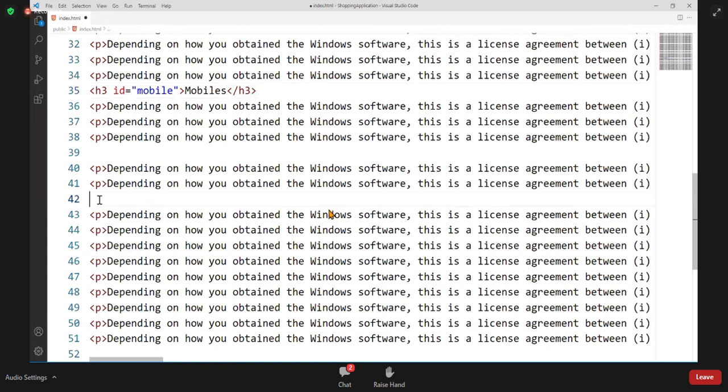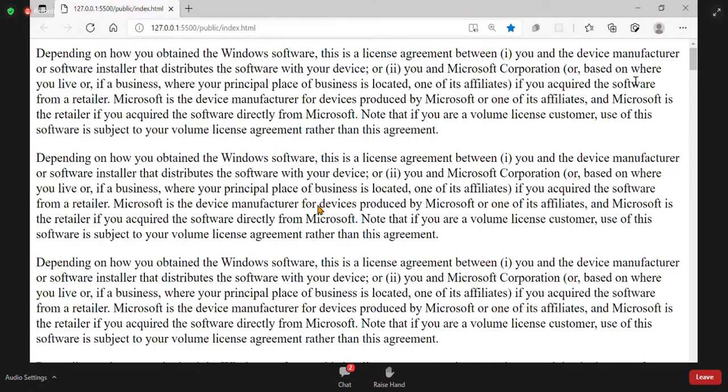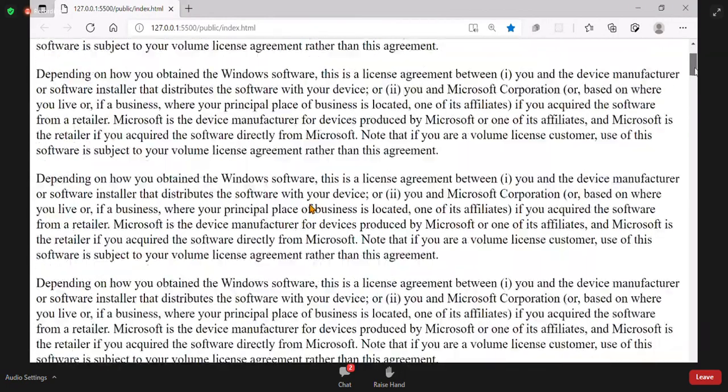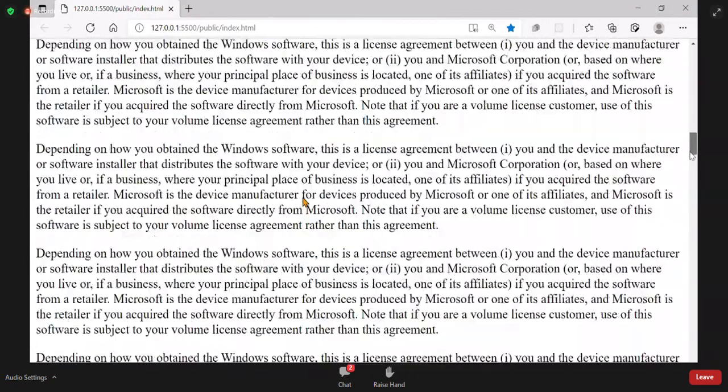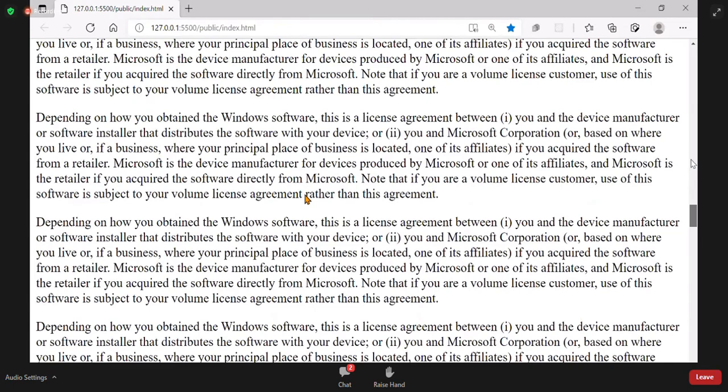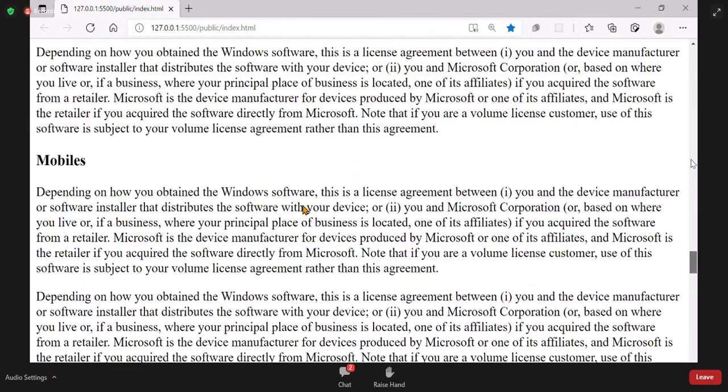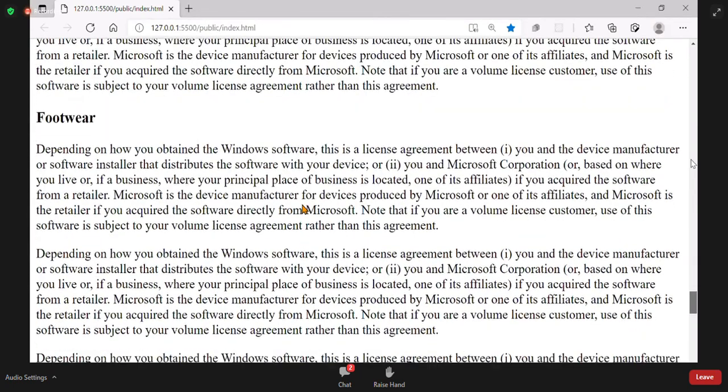I have another heading, with the ID footwear. Generally, you have a lot of topics in this page. When I scroll down, I can go to the topic here. You can see the topics: mobiles, after that footwear, like that.